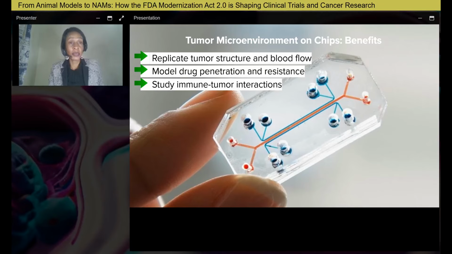So let's look at some specific applications of NAMs in the cancer environment. And the first one we look at are organs on a chip. So here we said we are creating microphysiological systems using microfluidic technology. And in this case, we are using cells from the patient's tumor. So this model is able to replicate the patient's tumor structure and blood flow, providing researchers with a realistic model